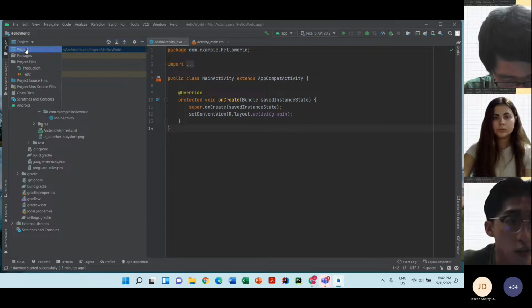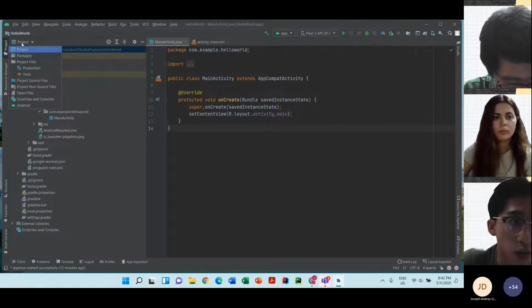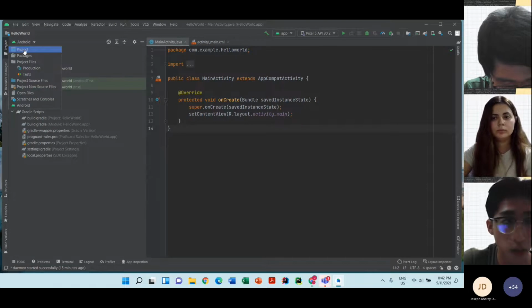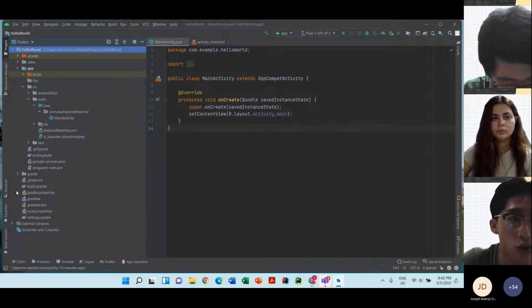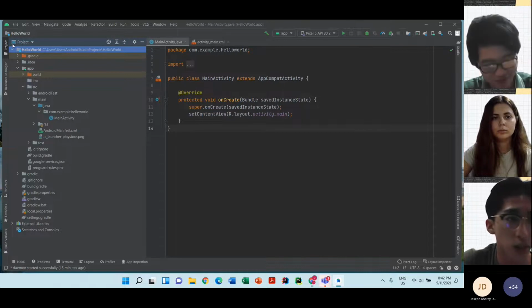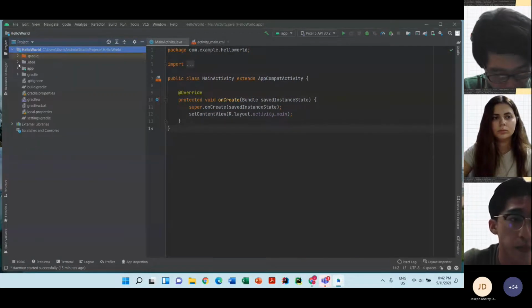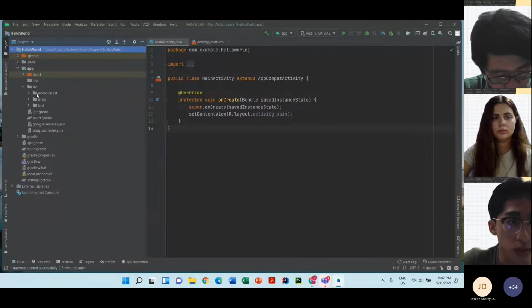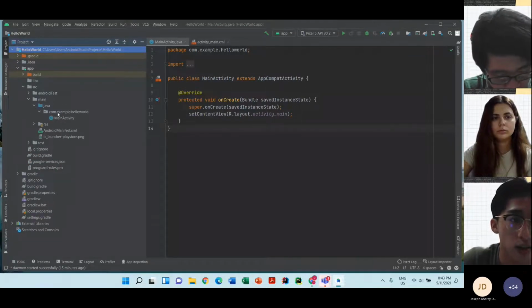So at the left top here, you can select the view you want to choose. So it's like project view or the Android view. Okay. So I'll explain the project view first. In the project view, it's the whole structure of the application. So if I want to access this main activity.java, I'll click this hello world app sources main Java, and it will be located inside the package of the one you just defined. Okay, and inside here you'll see the main activity.